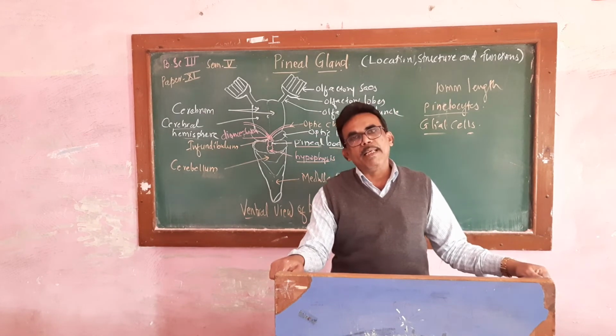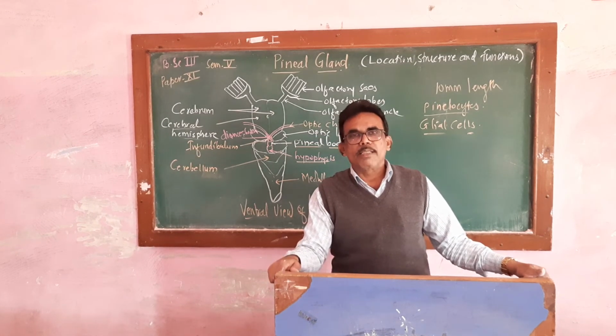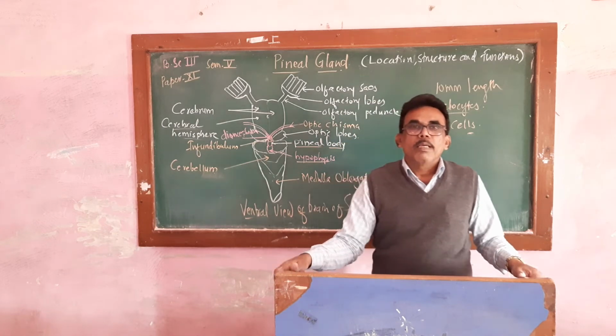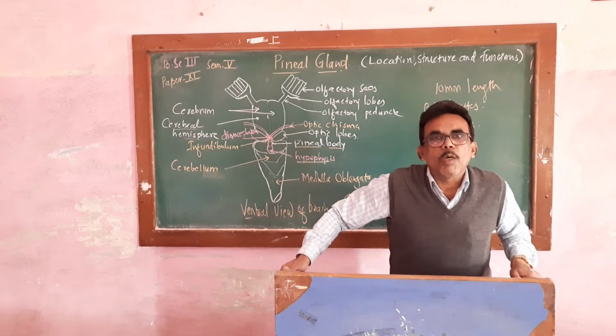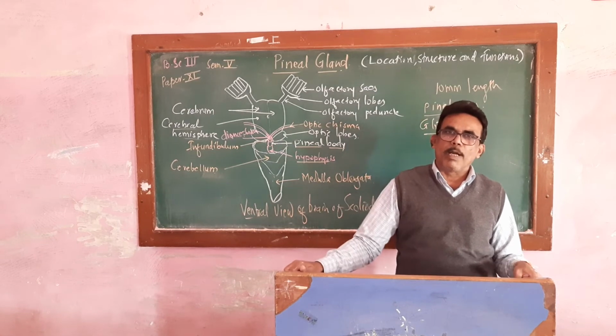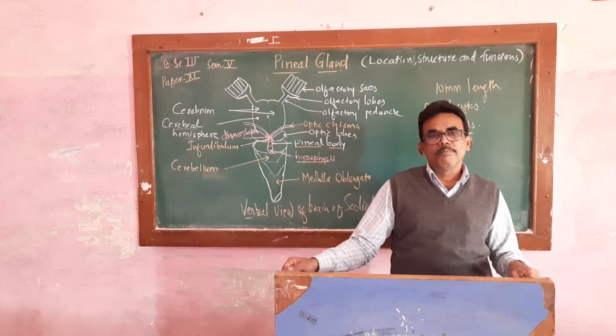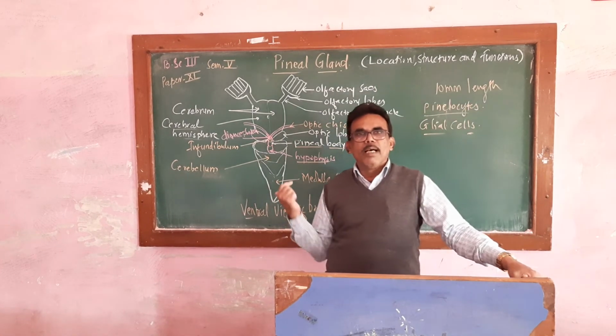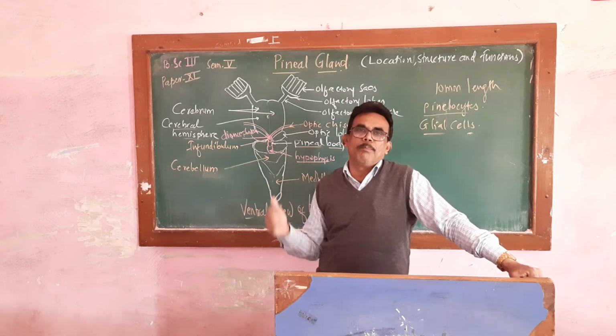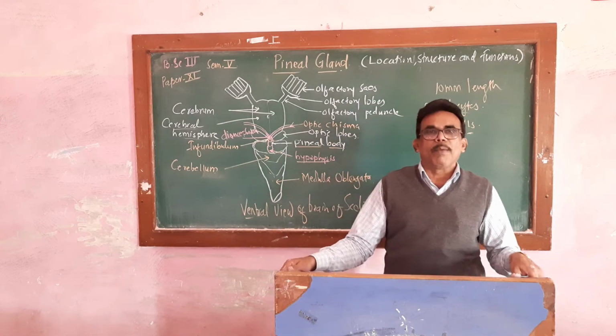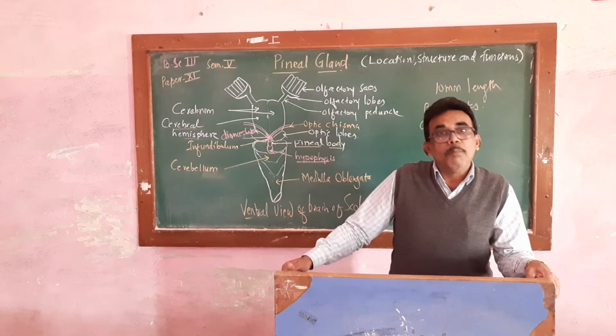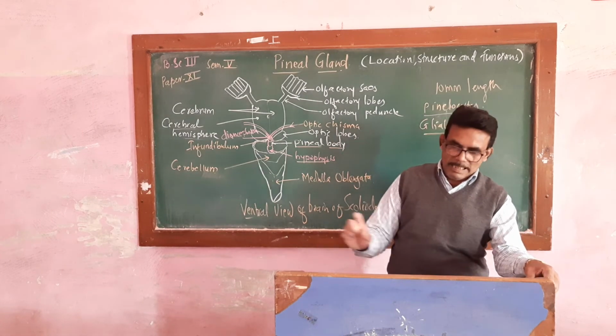It is a seat of intelligence, emotions, willpower, and controlling body activities, voluntary activities of the body, and coordination. So among them, the skill development, or you can say the seat of intelligence, emotions, and that emotions is concerned